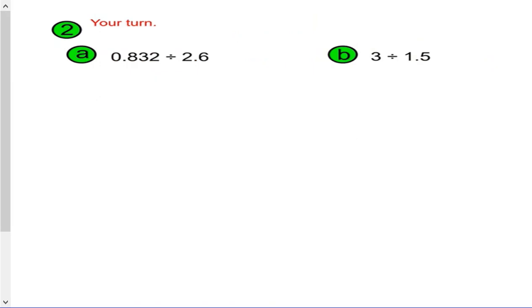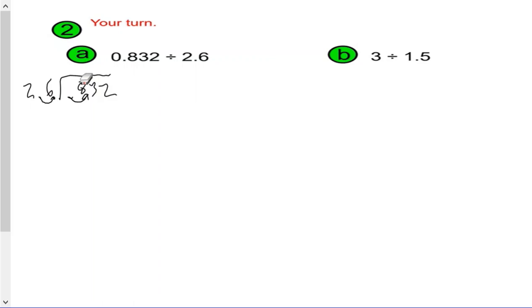Okay, first one, 0.832 divided by 2.6. 0.832 is the dividend, and 2.6 is the divisor. Okay, now I'm going to move this over to get a whole number, and I need to do the same